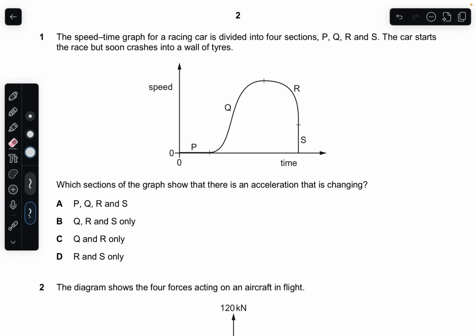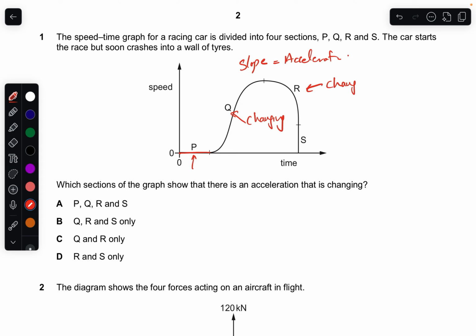Okay, so it's a speed time graph. We know in a speed time graph, slope is equal to acceleration, right? So if you see, P is zero slope, Q is changing slope, R is also changing, and S is also a straight line, so this is also a constant slope. A straight line shows a constant slope and a curved line shows a changing slope, so it's option C. Q and R are the only ones with changing